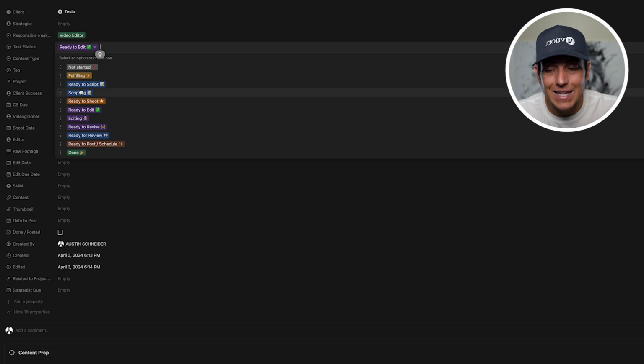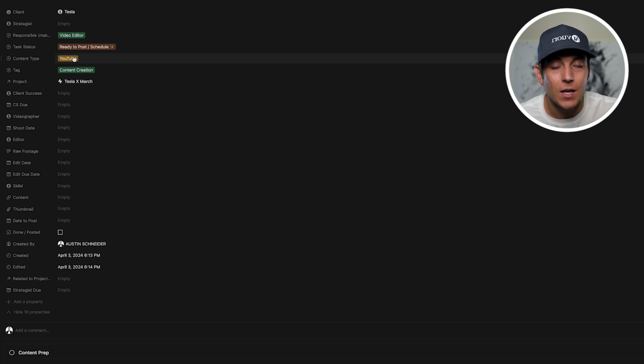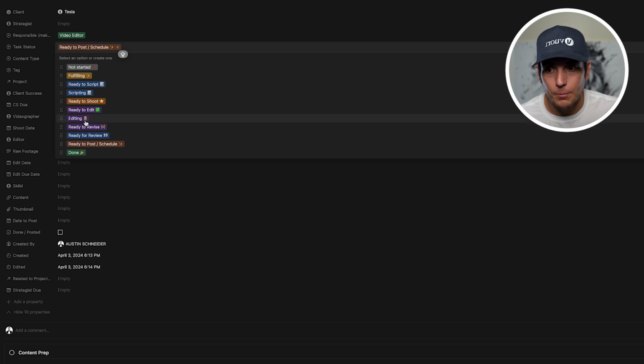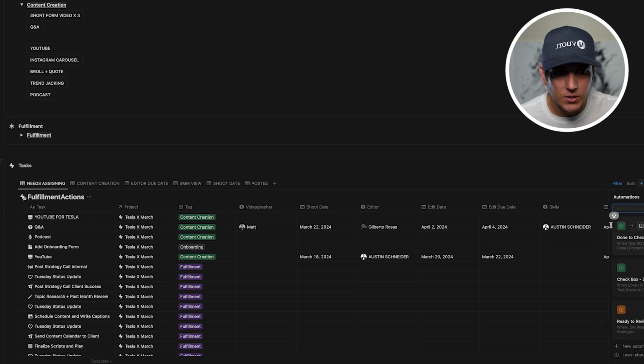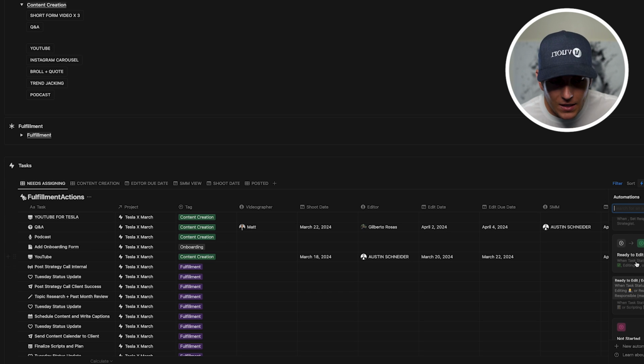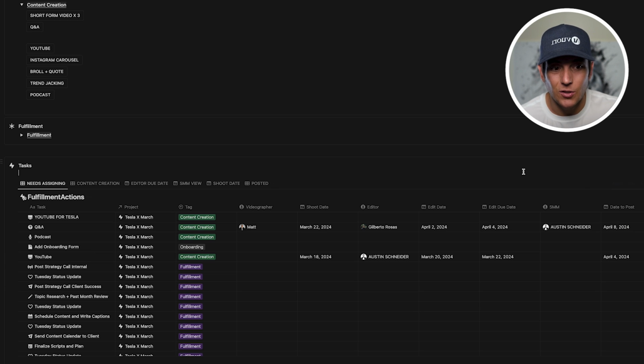And now as the task status changes, so does the responsibility of the person, meaning that specific person who's responsible for that task will be notified and they will then be indicated to make the post or shoot the content or whatever the status is. We can then indicate and train people what to do when they become responsible for a specific task. The cool thing is we can add in automations inside of Notion. Like when they're ready to edit, it'll assign to a specific person. When they're ready to script, it'll assign to a specific person so that you don't need to even worry about that. It's automatically going to be added.